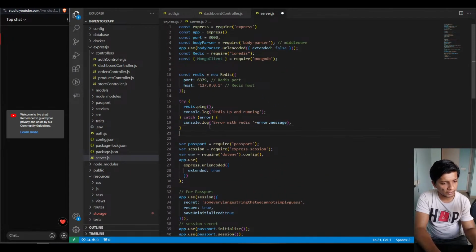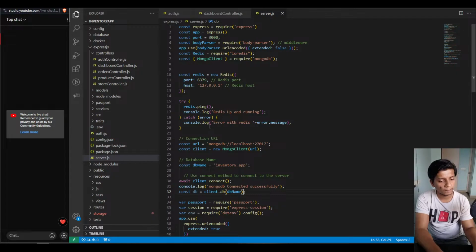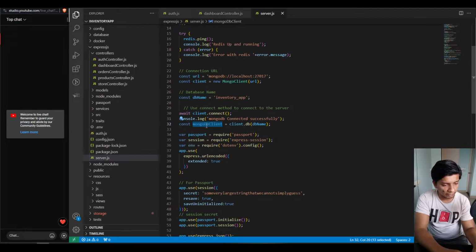So we will paste it here. DB name inventory app, client connected successfully to MongoDB. Const db equal, so I will call it MongoDB client. And this MongoDB client will be passed in